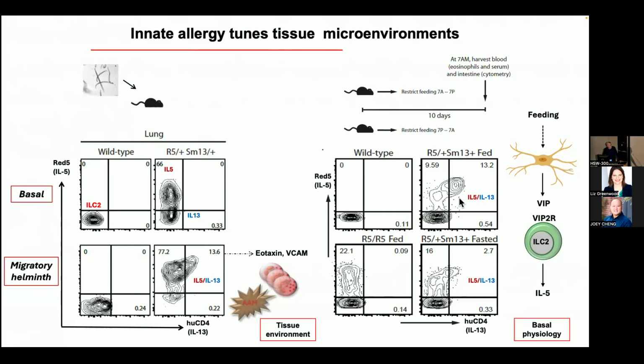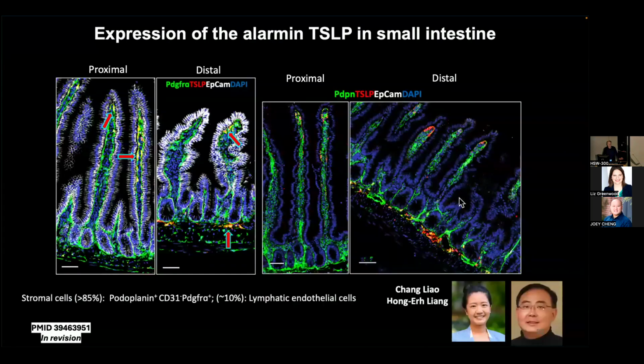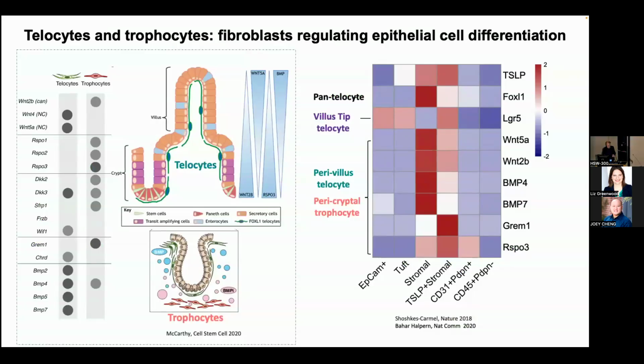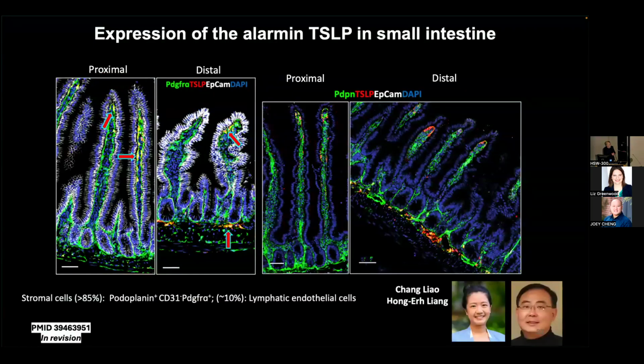So with that, I'll fast forward to some recent studies looking at what might be driving ILC2s with an alarmin, TSLP, from an old mouse we generated some time ago, but Chong in the lab has really done a great job dissecting that. And that's showing here that TSLP is expressed in these subepithelial fibroblasts, more proximally in the distal villus in the proximal bowel. But in the distal bowel, most are the pericryptal fibroblasts down at the bottom and up at the top up here.